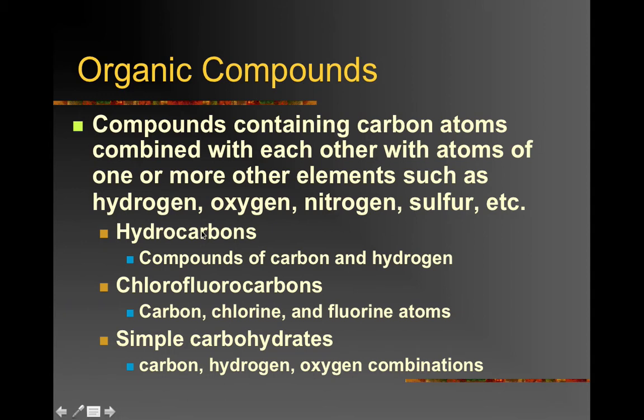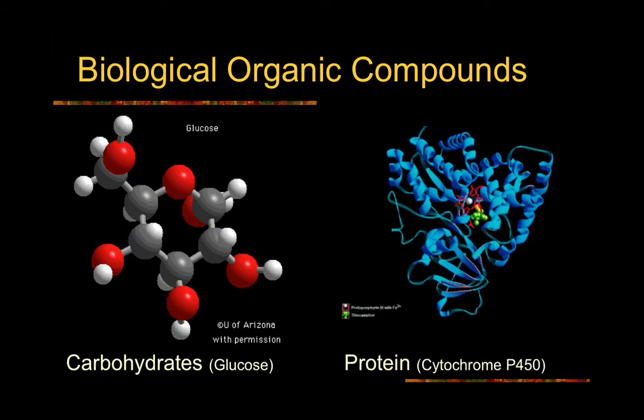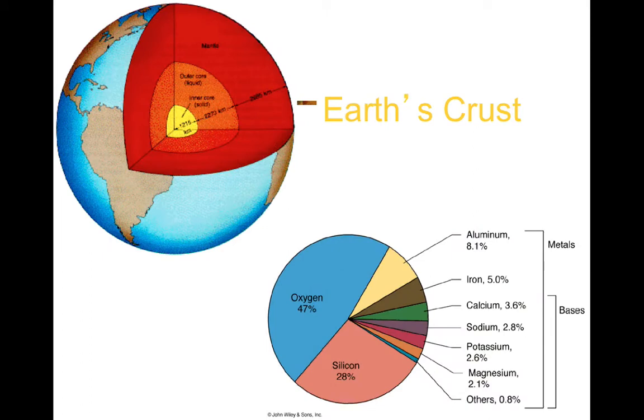Here you can see hydrocarbons, chlorofluorocarbons, or CFCs, and then also some of the carbohydrates that are found in our foods. Carbohydrates, lipids, proteins, DNA, all of those are simple carbohydrates. And these are just some atoms. I'm going to go through it real quick. We got hydrocarbons, CFCs, the carbohydrates, the proteins, the lipids, and the DNA. These are just models,